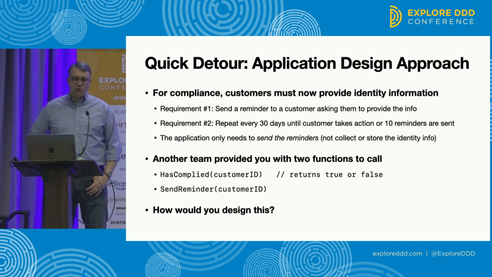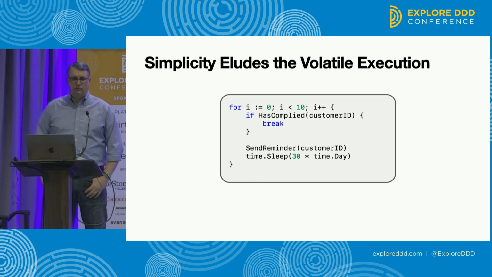So how would you go about fulfilling this? How would you design this? Would you use a cron job maybe that runs every 30 days or a scheduler like Quartz or something like that? Maybe you'd use a database to store the information about how many times we've executed this thing. Maybe you'd use message queues to send messages about everything that's happened. There's a bunch of different ways that we could accomplish it, but there's a much simpler way.